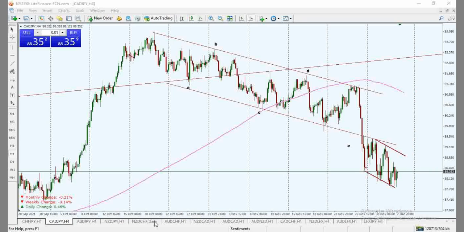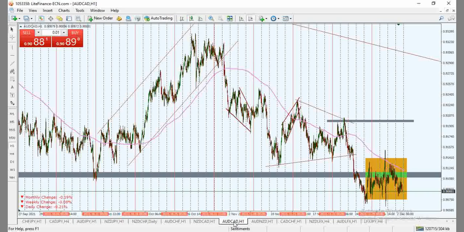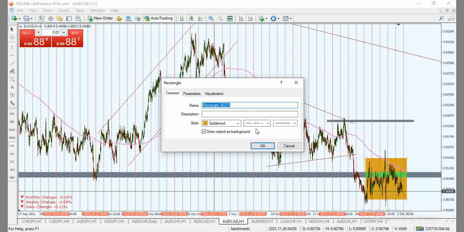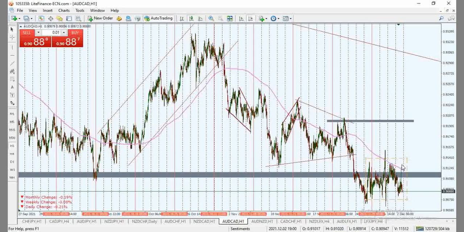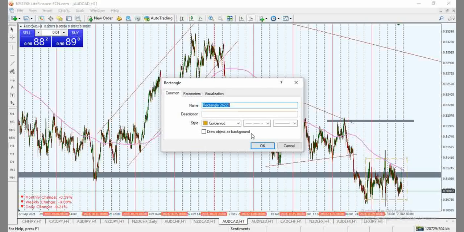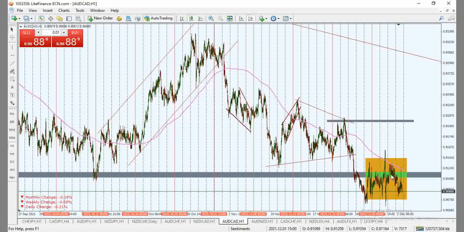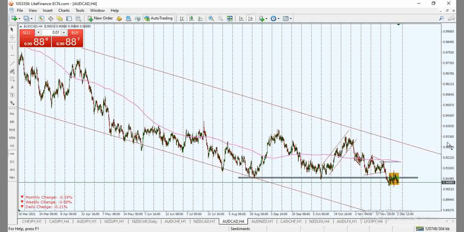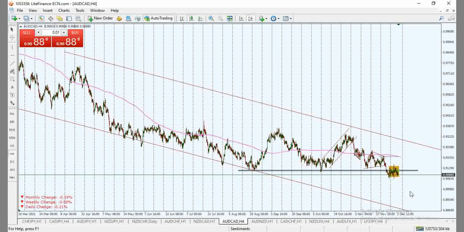Okay, we'll look at AUD CAD. What's going on with AUD CAD? All right, so I spoke about AUD CAD just a few days back when I was talking about the big drop also in AUD. What we're looking at the moment, we're looking at AUD CAD as what could also be a range. Until this finds new directions, I'm not going to be doing anything. If we also see massive strength coming in the CAD, we might also see this slide a little bit down.